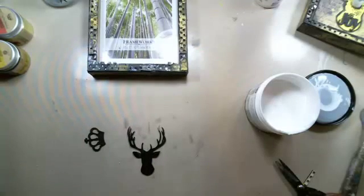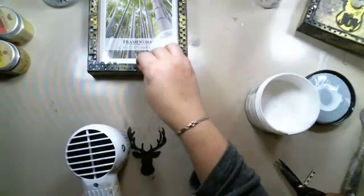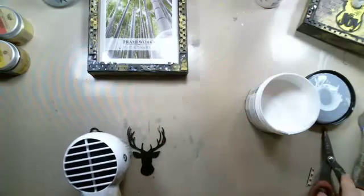It's a good idea to heat set it. I want to heat set this one. And I'm going to remove some of these. I have to cut them off. They're kind of sticking out. I don't want, again, anybody to...